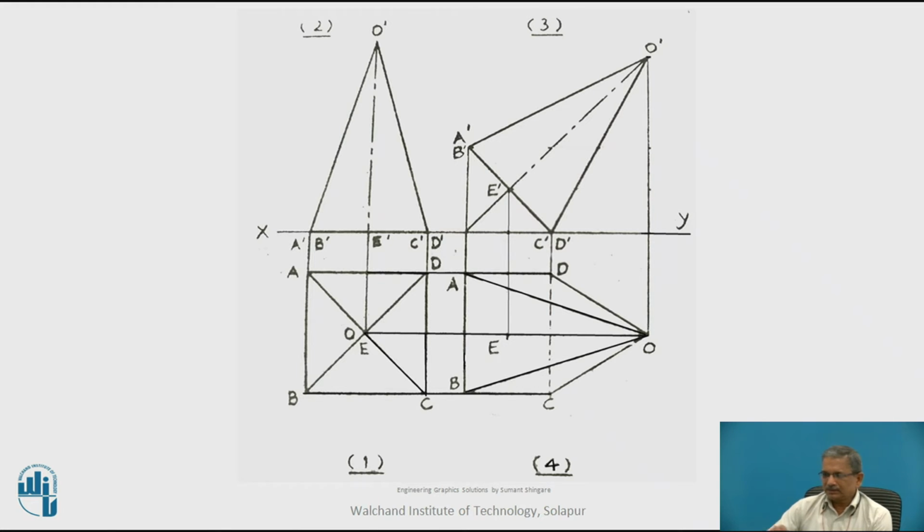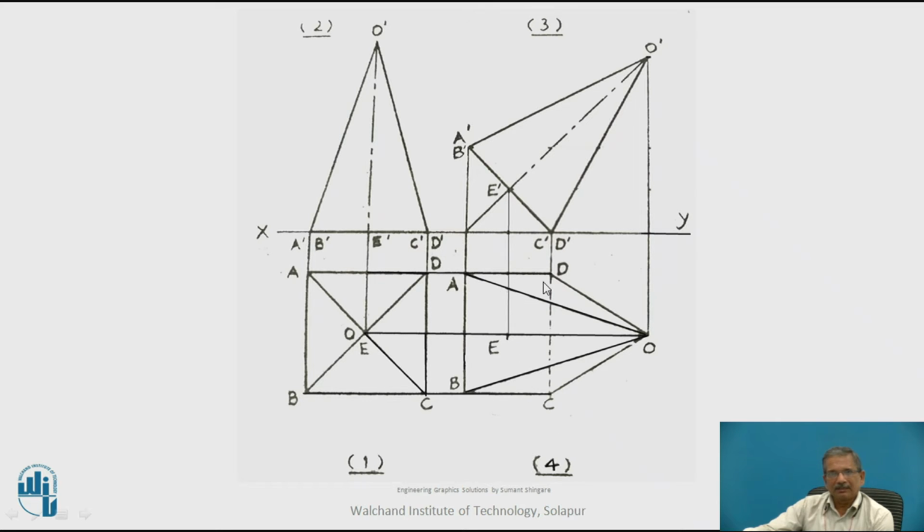Now the observer is here. Okay. The observer is here. So CD will be away from the observer. So project it downwards. Join AB with a dark line, BC also will be a dark line, then AD